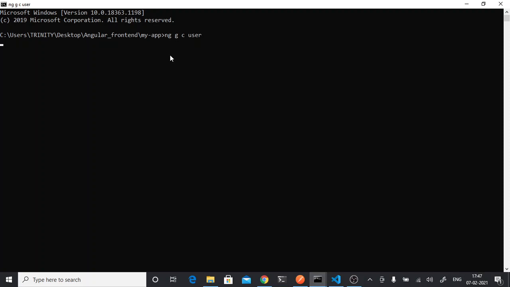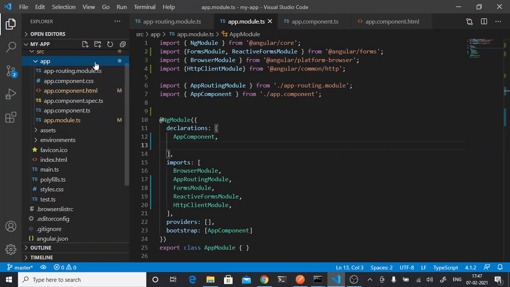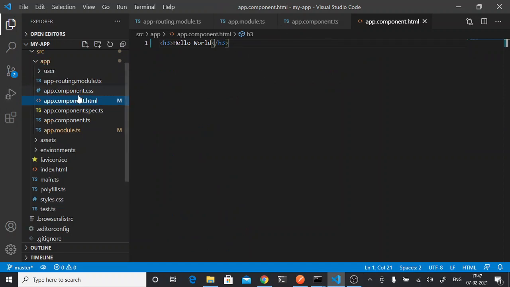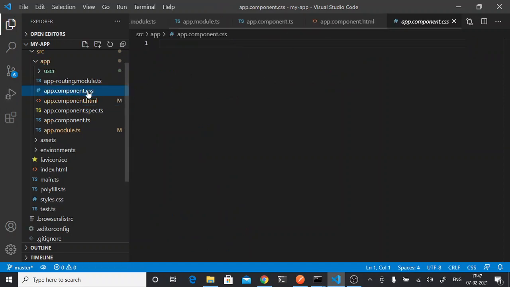It will take some time. In component.html you will write your HTML code. In component.css you can declare your CSS if you have any.